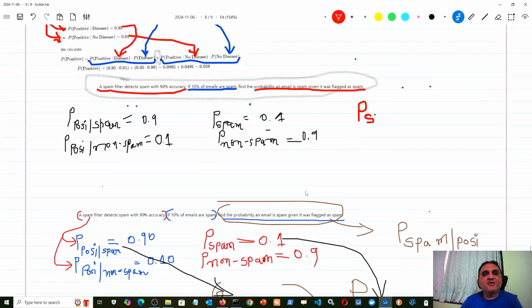That is what you are asked: is P(spam | positive)? So that means P(spam) if the spam testing algorithm tested it positively. Okay, so P(spam) if it tested positive in my spam testing algorithm. Just like disease testing is done by some clinical diagnosis, spam testing is done by some algorithm, but that is okay. It is also a kind of test only. So it is also a kind of statistical test. That is how you should generalize and broaden your idea